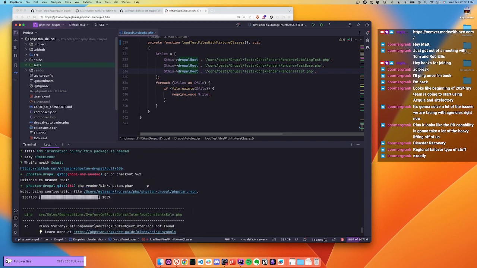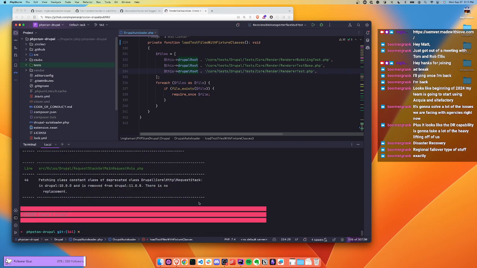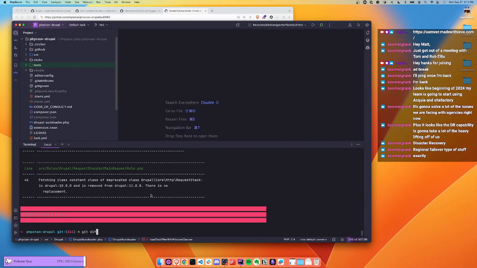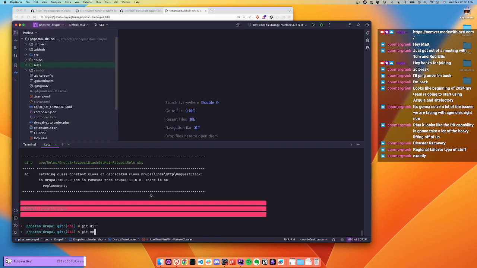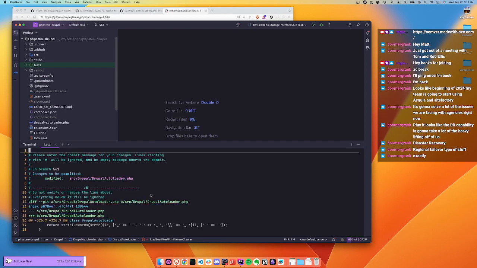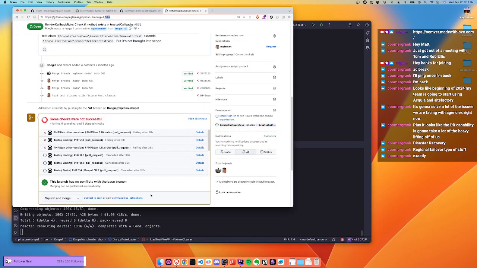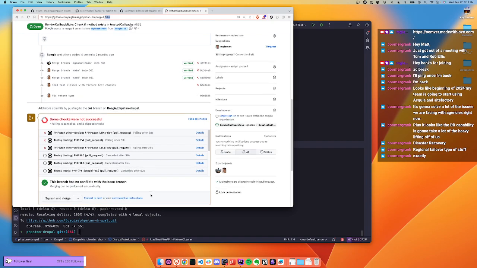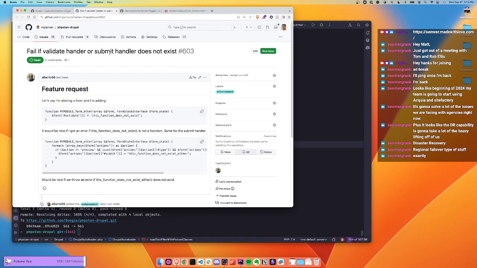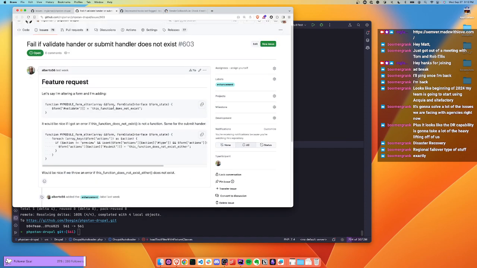Aha. Okay, yeah, no, we're going to be ignoring that. I'm going to get diff. A fixed return type. All right, so we'll wait for that to run again. This was a cool one